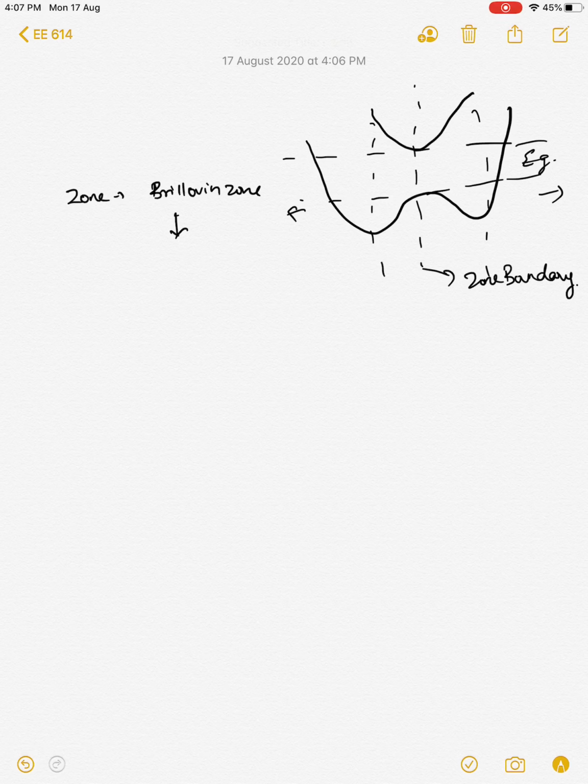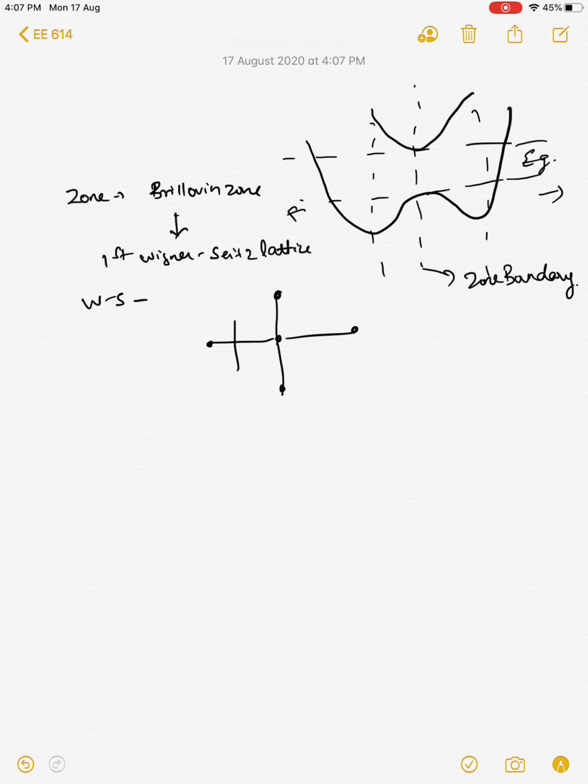and the Brillouin zone is the first Wigner-Seitz cell, and Wigner-Seitz is obtained if you have an atomic arrangement, you draw the lattice vectors to the nearby atoms and then draw the perpendicular bisector, right? If I have another atom here, I get another perpendicular bisector like this, giving you the Wigner-Seitz cell in this form.